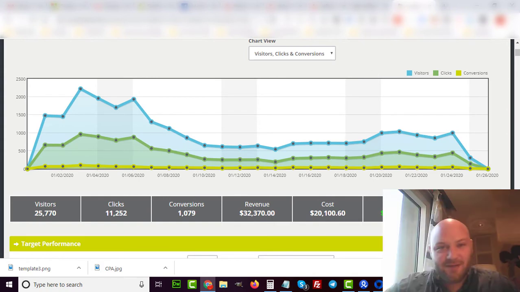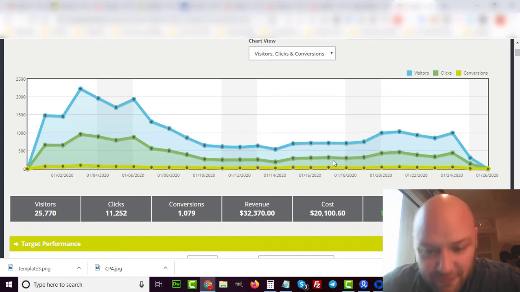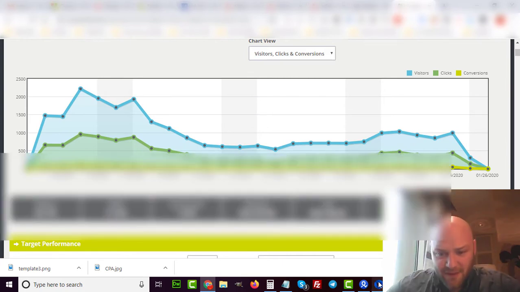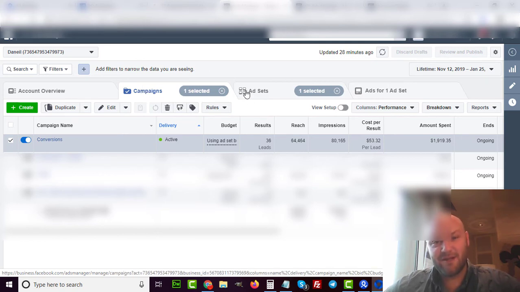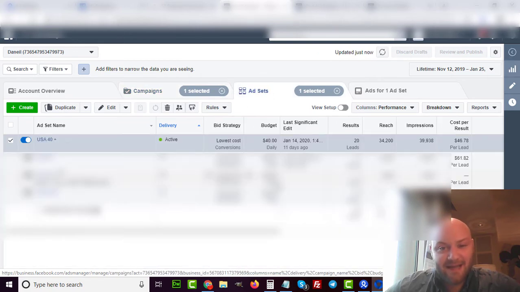Now, I've shown this strategy before in one of the case studies inside the Powerhouse Affiliate Premium members area, but I'm just going to briefly go over what this involves, okay? So inside Facebook, you have the ability to create campaigns, and when you create the campaign, you go to the next level, which is ad sets. So here you can see I have a campaign set up for conversion tracking and the conversion objective, and inside that campaign, I have multiple ad sets, okay?